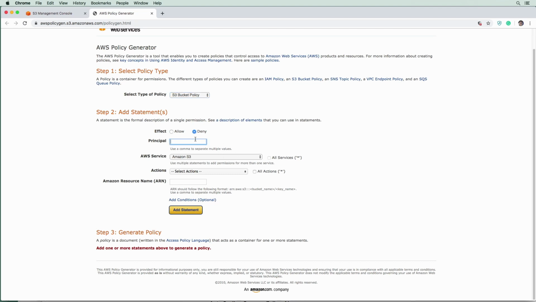So we're going to say deny. We're going to give it an asterisk here, so we can say this applies to everyone. The service is going to be S3, of course, and we're going to look for the actions here. So we're just going to look for the puts. So we'll say put bucket ACL, and there should just be a regular put in here. Oh, that's bucket ACL. We want objects, so we say put object and put object ACL, so we can't